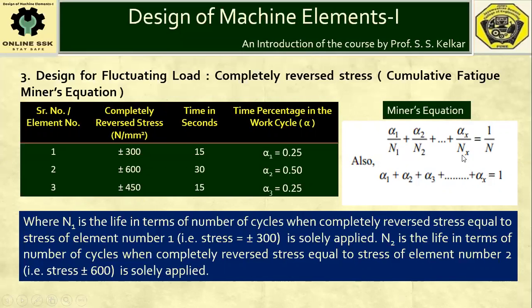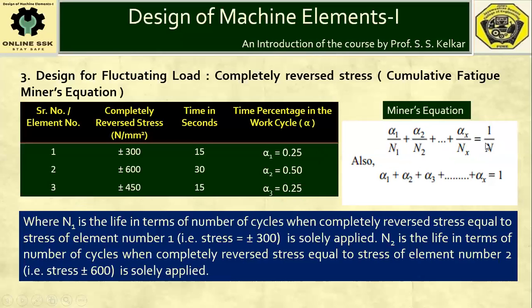That will be indicated by n3. And as I have already told you, alpha 1, alpha 2, alpha 3 are representing time percentage in the work cycle. Element number 1 lasts for 25% or 0.25. Element number 2 lasts for 50%, that means 0.50. Element number 3 lasts for 25%, that means 0.25. So alpha 1 upon n1, that means 0.25 upon n1 plus 0.5 upon n2 plus 0.25 upon n3 is equal